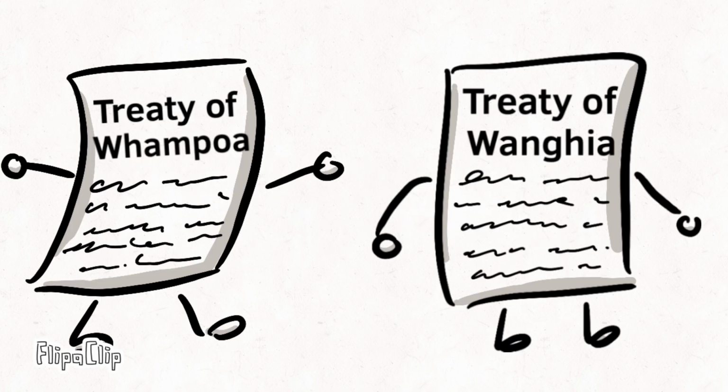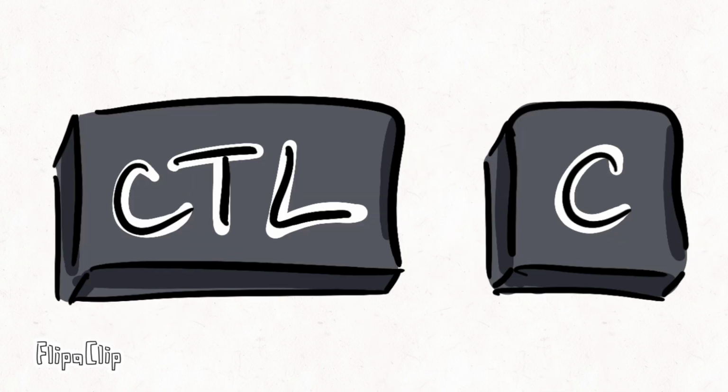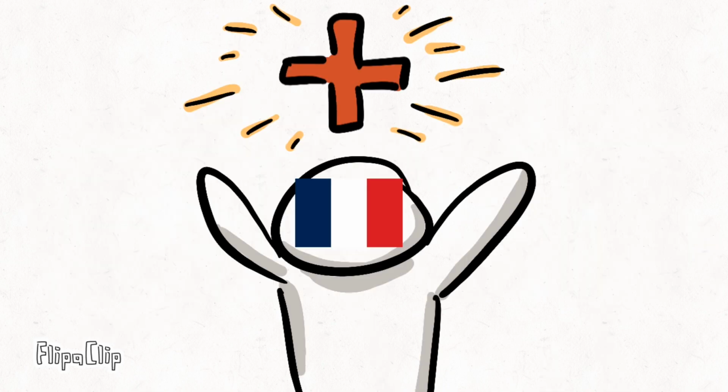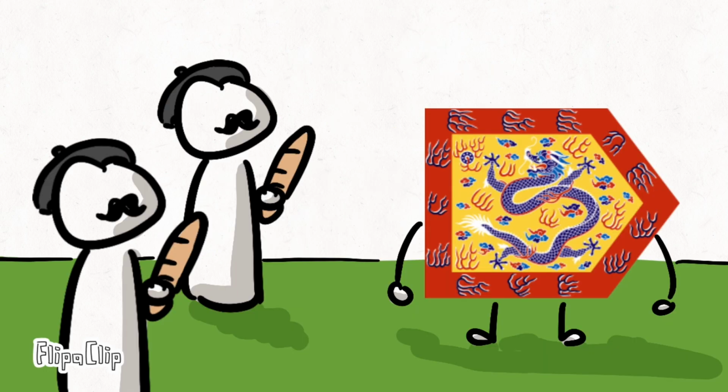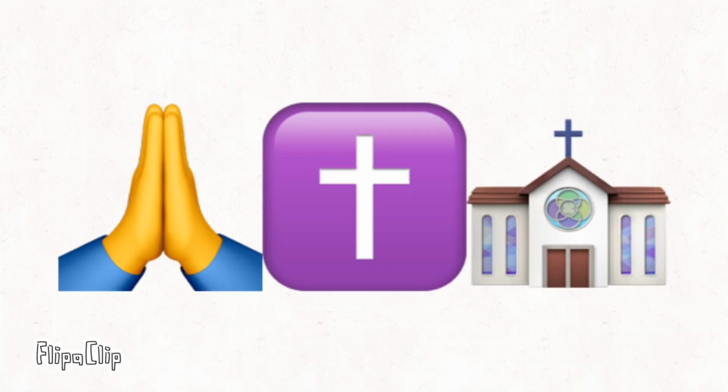France! The Treaty of Whampoa followed on October 24, 1844. Similar to the others, it gave France port access, fixed tariffs, and extraterritorial rights for French nationals. In addition, though, it allowed for French consulates in China and recognized and tolerated the practice of Christianity.